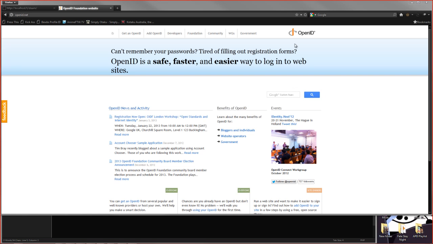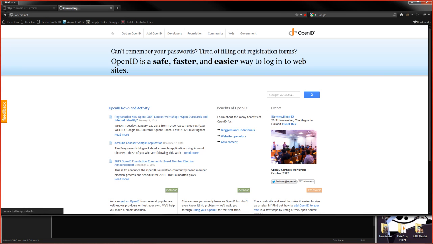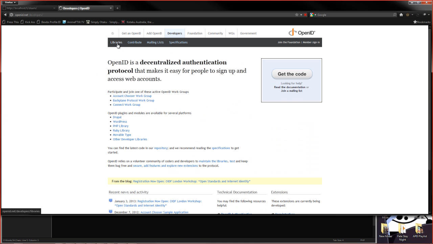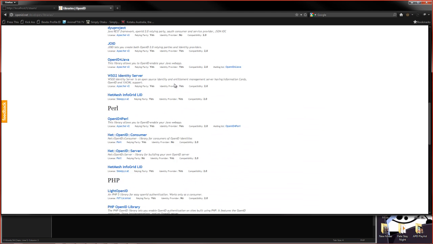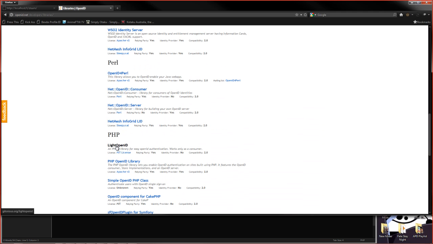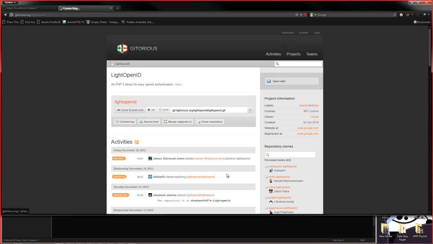Hello, this is attempt 2 of recording how to create a Steam login. So you want to go to openid.net, go to developers, libraries, scroll on down to PHP, and grab the Light OpenID library. In here you want to go to source tree,